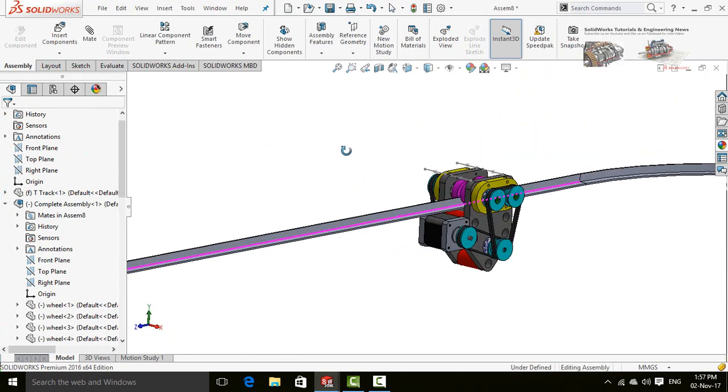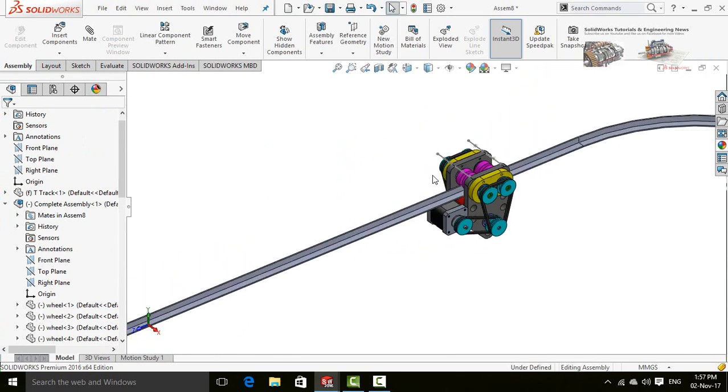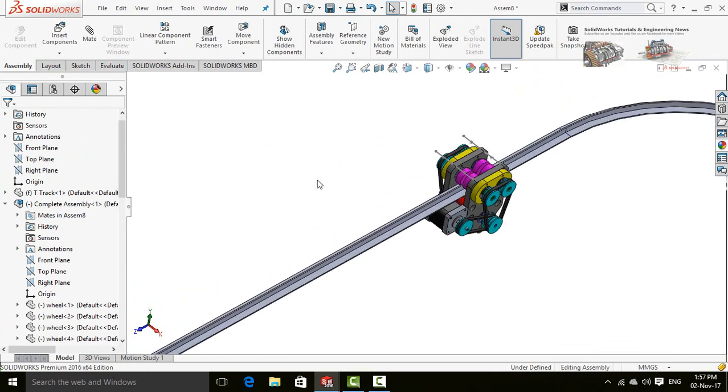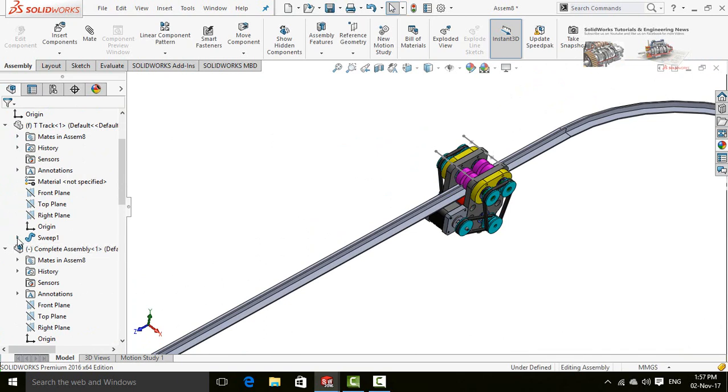Now we have to create the path or curve. For that, drop down this track component and again drop down swept component command and select this sketch 2, which was our curve.